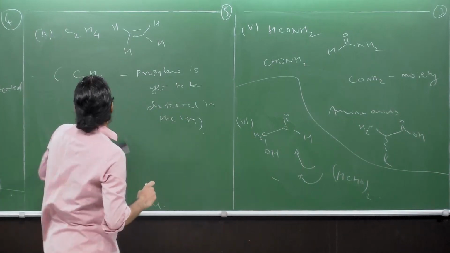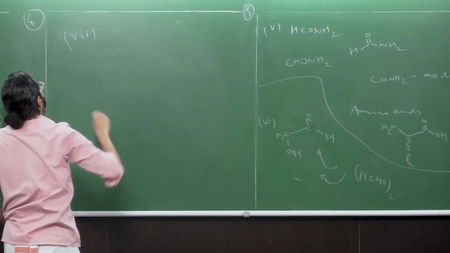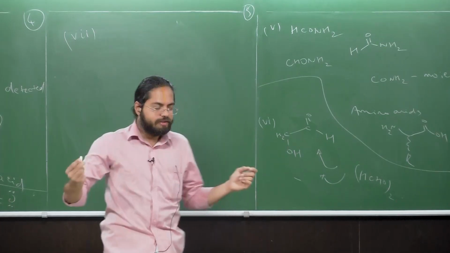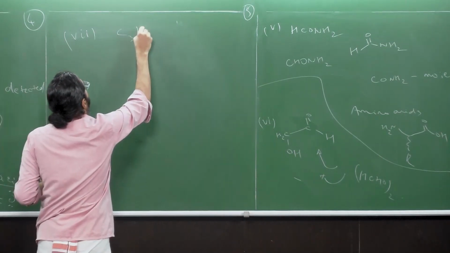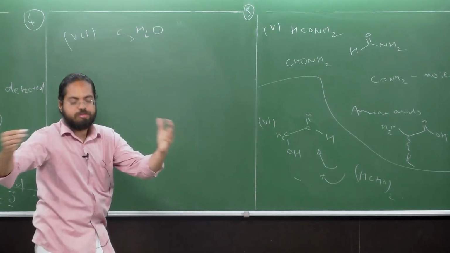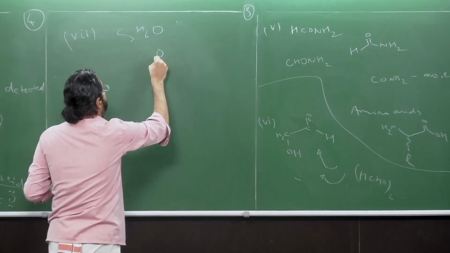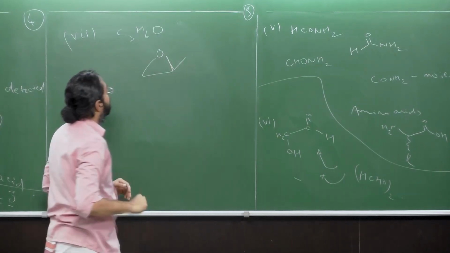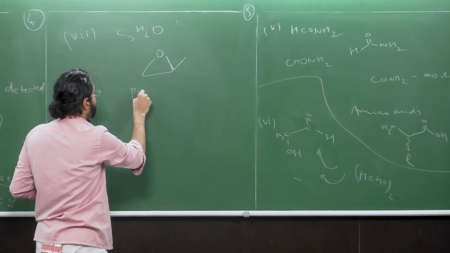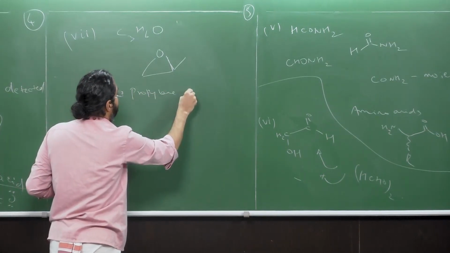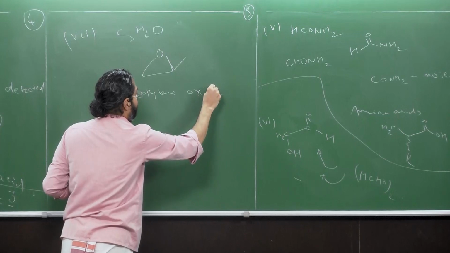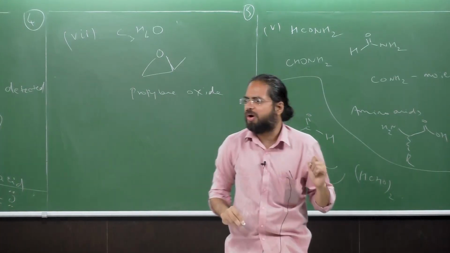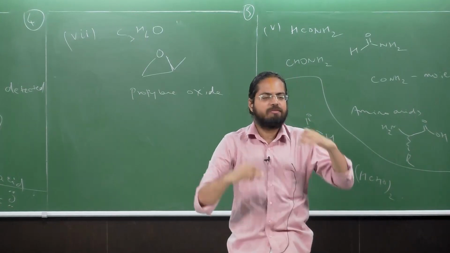Our next molecule is going to be a super interesting molecule. It is C3H6O. I won't make you guess much. I'll give you the structure myself. It is propylene oxide. Now, I'll write the name also. Propylene oxide. Now, over the last 2 or 3 lectures, I have been giving you different